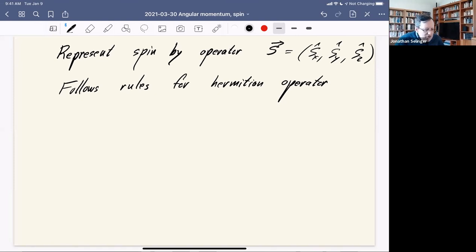And this actually leads to a lot of what people have achieved in quantum mechanics. So we can follow the rules for a Hermitian operator. And then we can also say, all right, because spin is a kind of angular momentum,